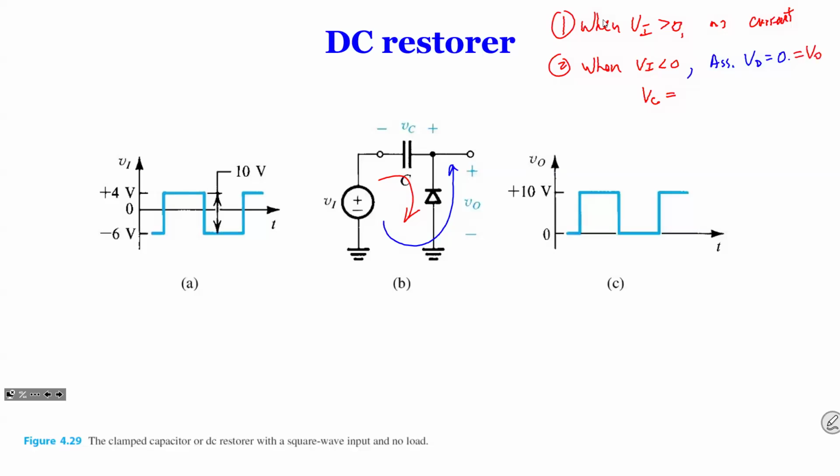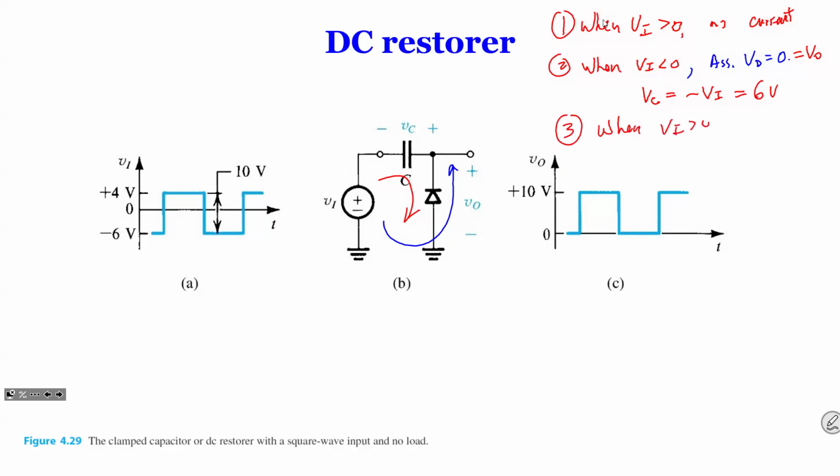So if we assume VD is 0, current flows through the diode, and then your VO will be 0, and your VC is a loop, right? It's one simple loop. So your VC will be minus VI. Correct? It goes this way, and all the VI is dropped on that capacitor. So it's like negative VI. And then initially VI is negative, which means it's going to be 6 volts. Because VI is negative 6, now VC is 6 volts. So the next step,